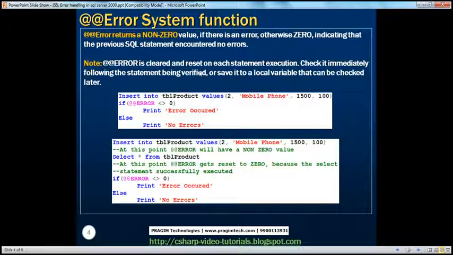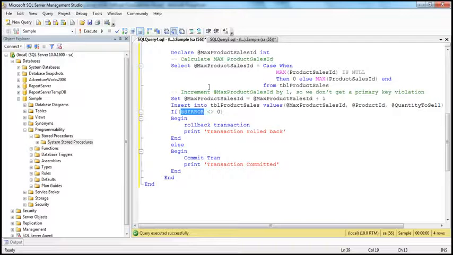Now, if you have to get the exact value, then you have to check it immediately following the statement that's being verified, or you have to save it to a local variable that can be checked at a later point of time. Let's understand what we mean by this with an example. Now, if you look at the example here, let's say tblProduct table. If you take tblProduct table here,